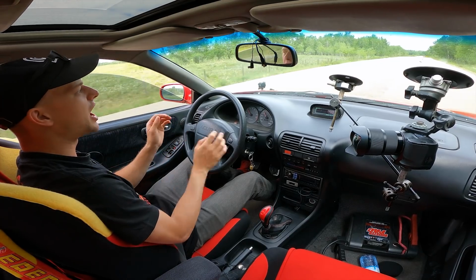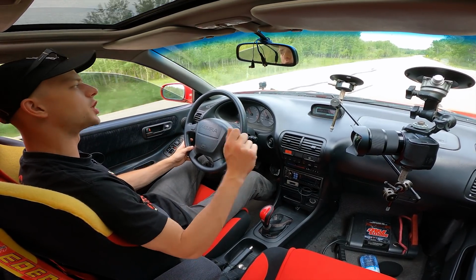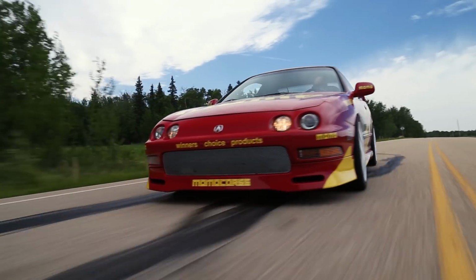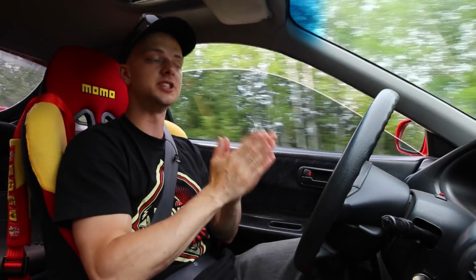This is Ja Rule's DC2 B18C Integra GSR, okay? So in the DC2 lineup, the GSR is right below the Type R. The Type R does have a stronger engine, it comes with a little bit more power, and the chassis specifically,